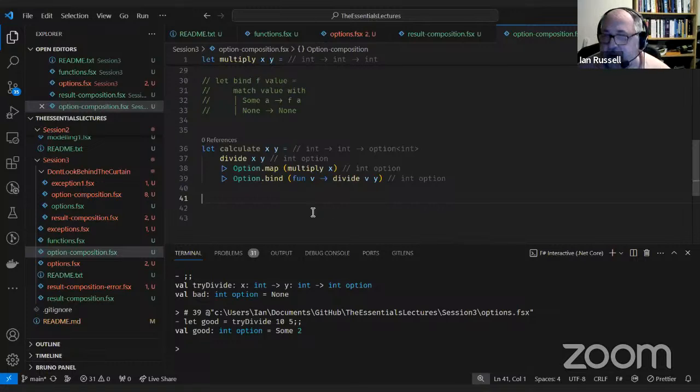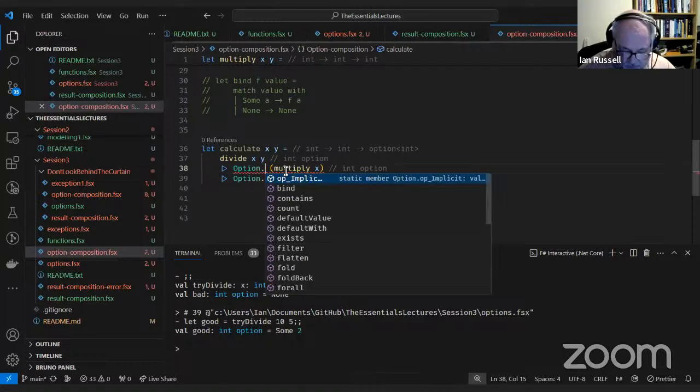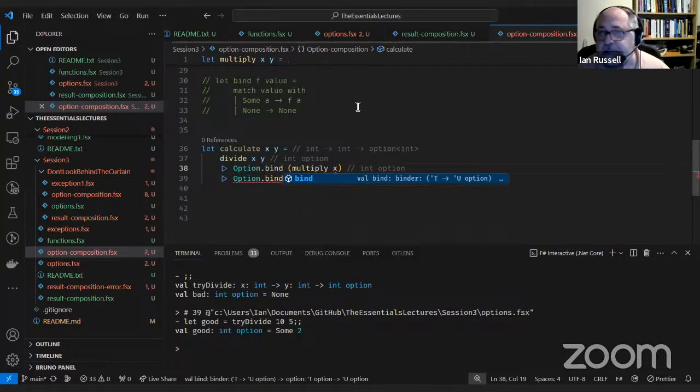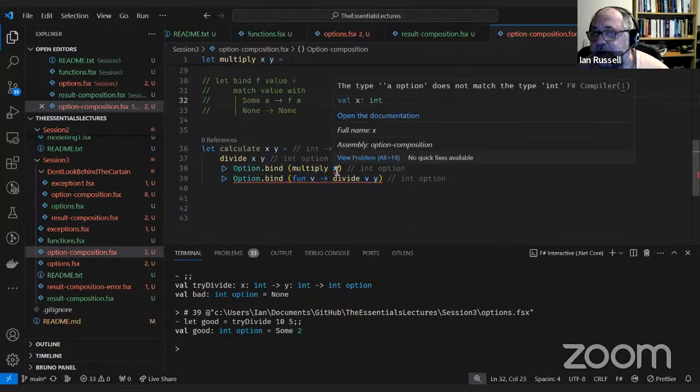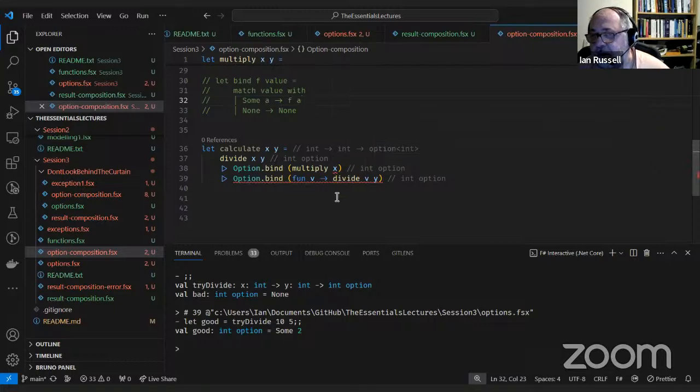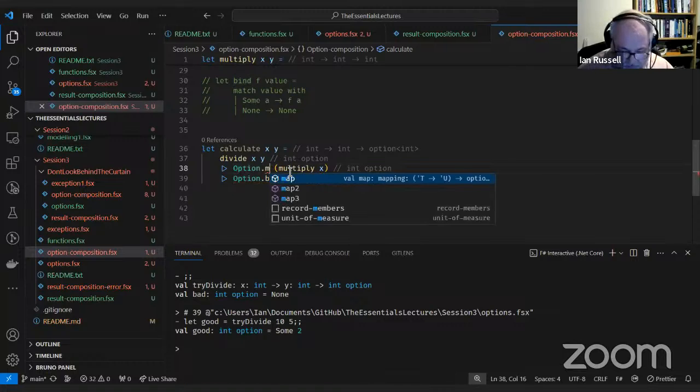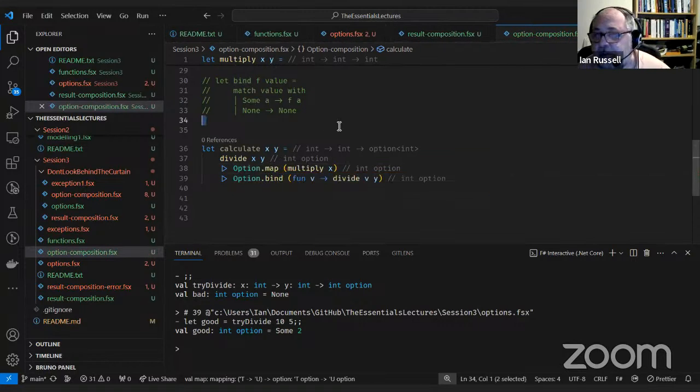Now, if you get it wrong, so if I use bind here, for instance, in this case I've got an exception. But what you'll often find is that the signature will change.